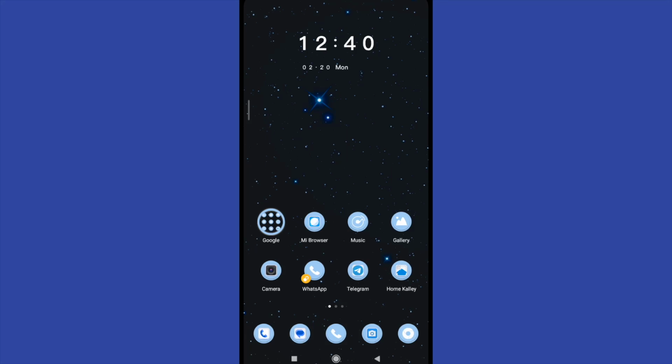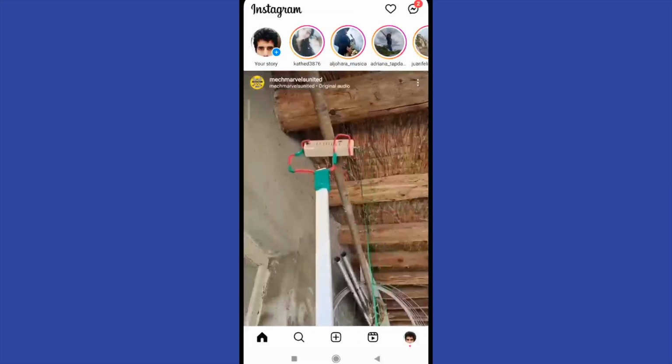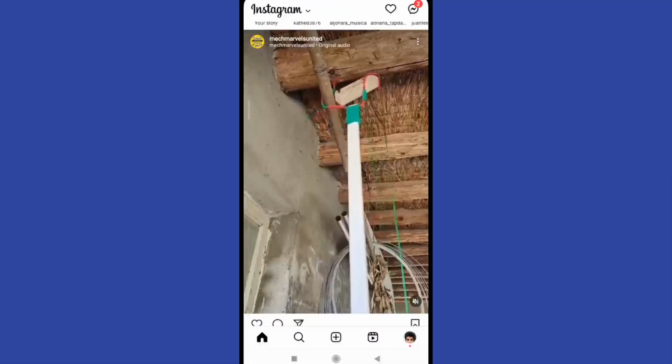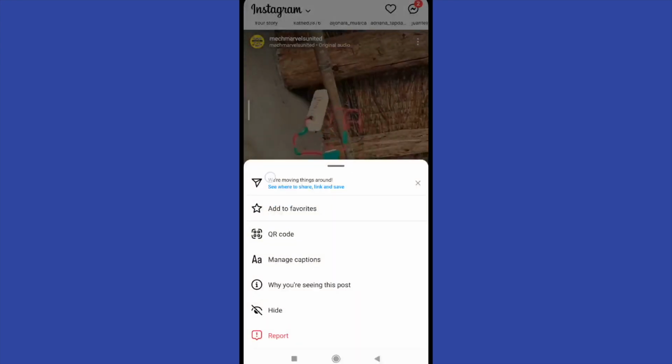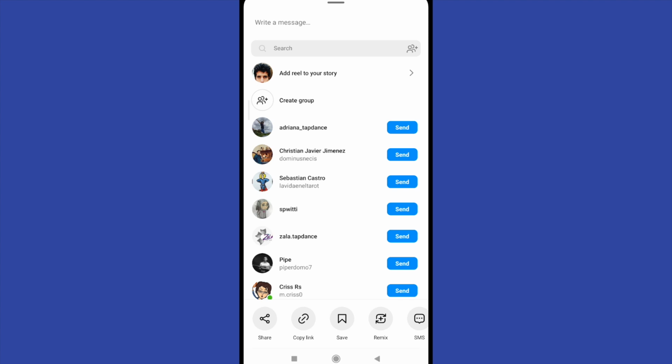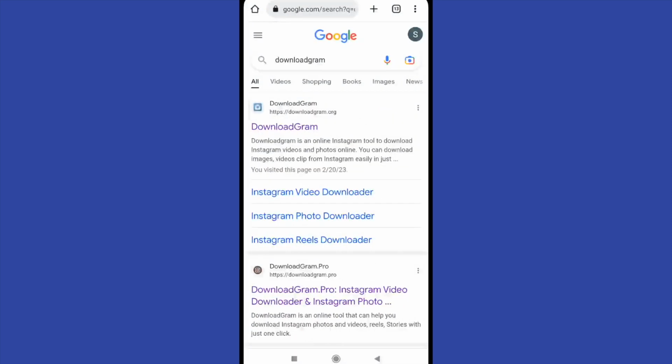Today we are going to learn how to download any video from Instagram. So I'm going to open my Instagram and choose a video that I want to download, and what I'm going to need is the link. So I'll have to look for that option, copy link, and once copied, you're going to open your browser and